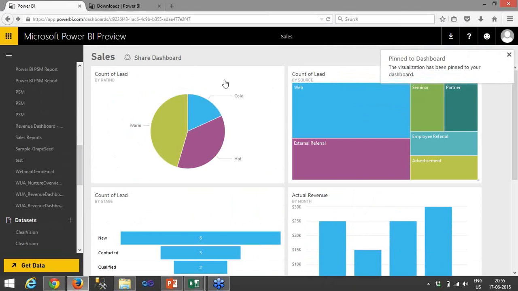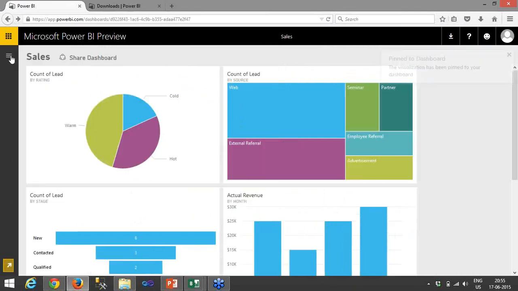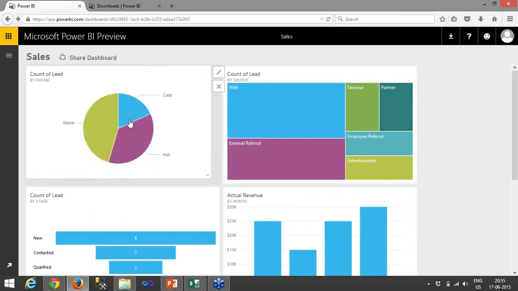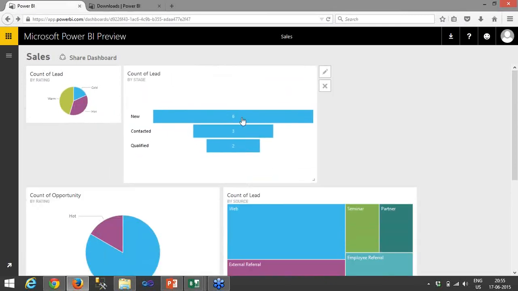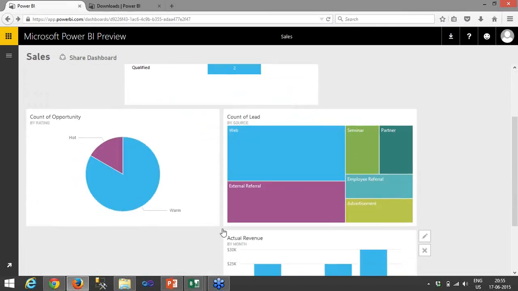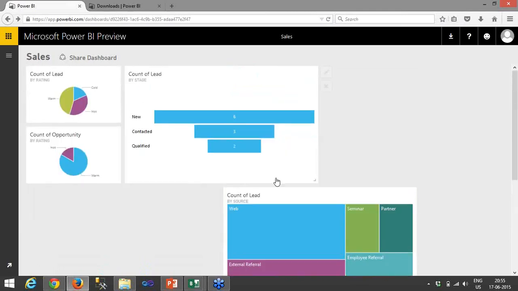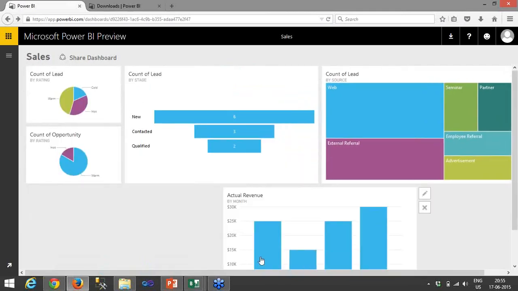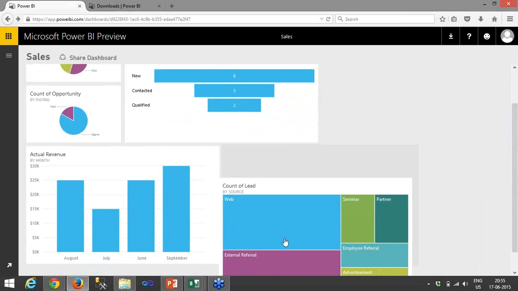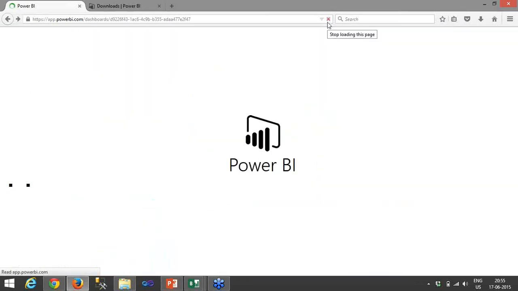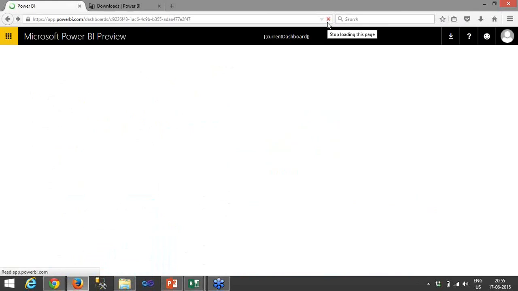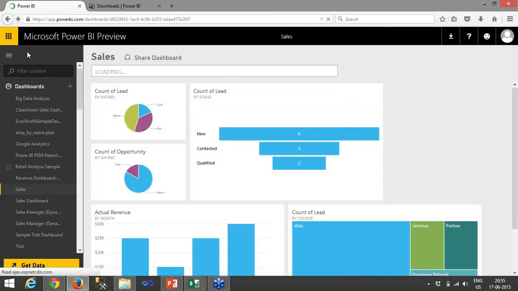Now we can view the dashboard. You can arrange these tiles. Okay, so you can arrange as per your need and you can adjust the tiles.